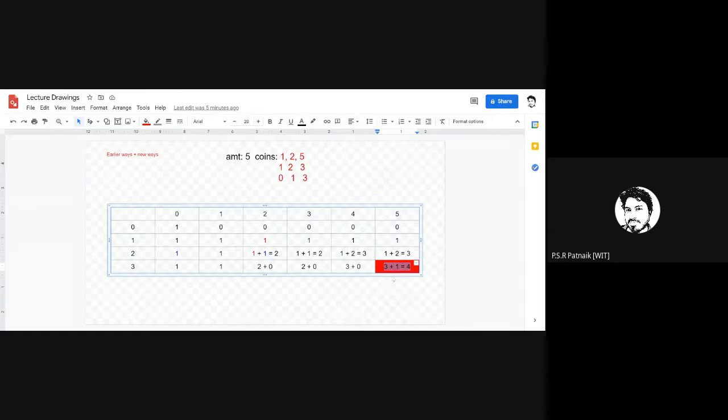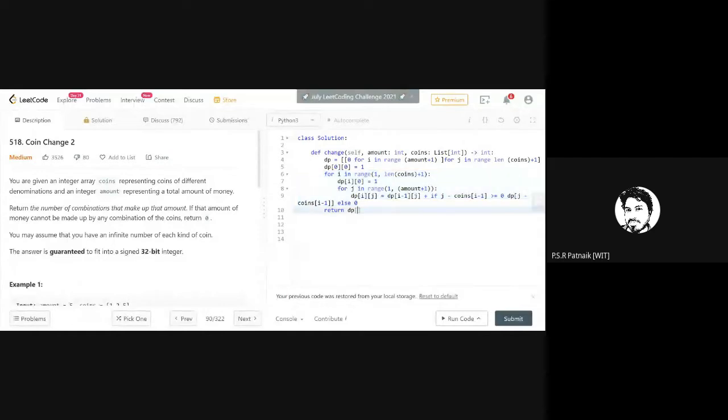So what would this value be here? Coins plus 1, and what did I create? This is amount plus 1, and this. So should it be the amount?